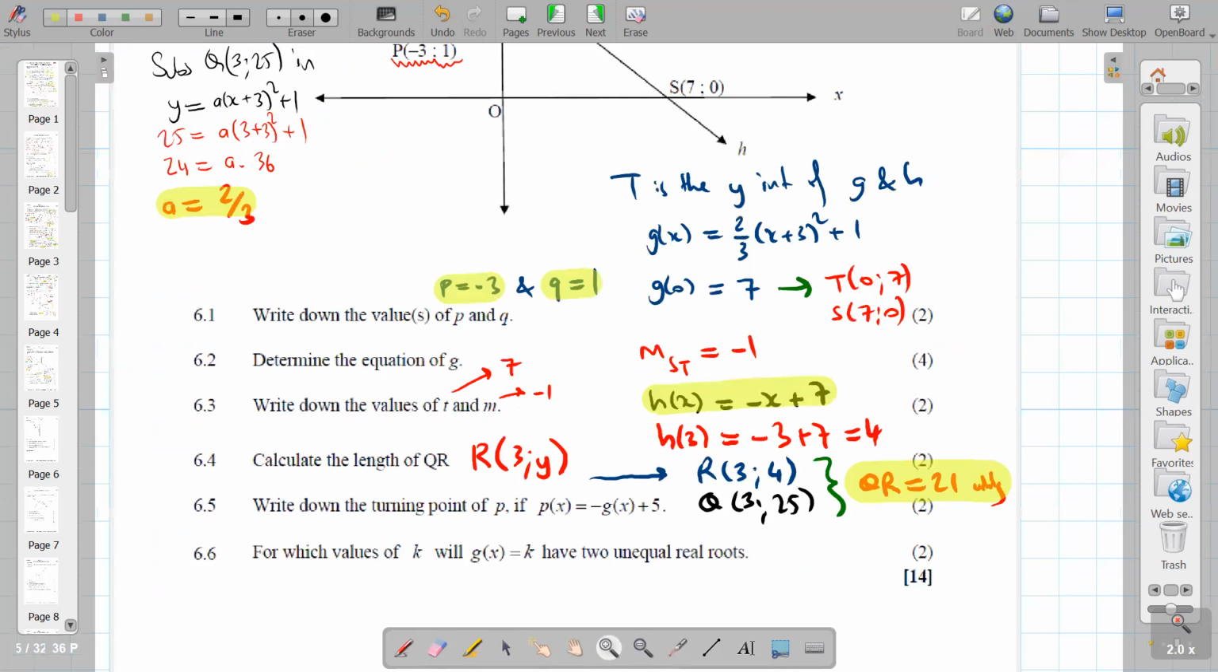So what is P of X? It is negative 2 over 3, X plus 3 squared plus 1. That is negative G of X. And then there is plus 5. So as you see, the turning point TPX hasn't changed, but TPY has changed. So TPY has become